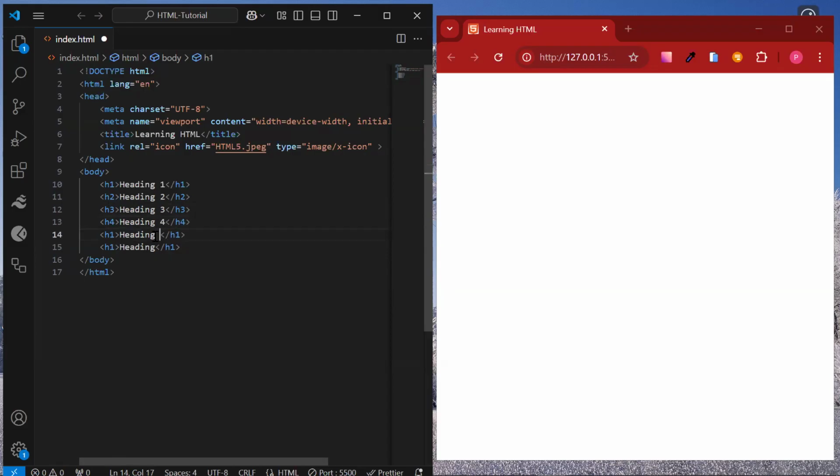And heading 5, which is H5, as you can see here. And last one, heading 6, which is that. So when you enter this, you can see on our page that HTML is telling the browser